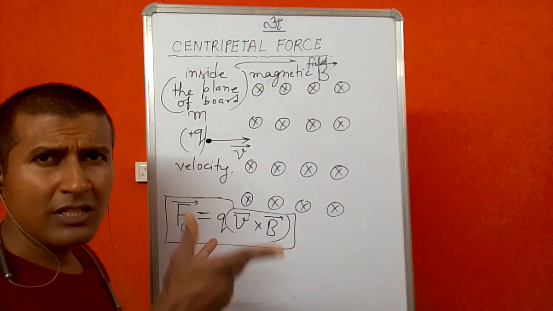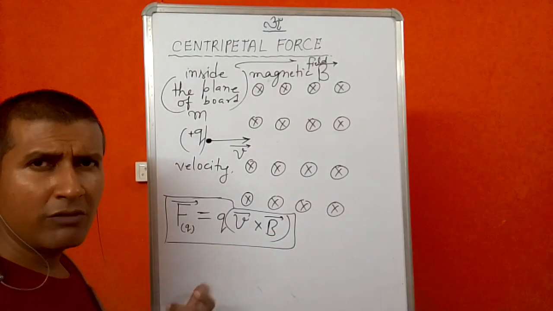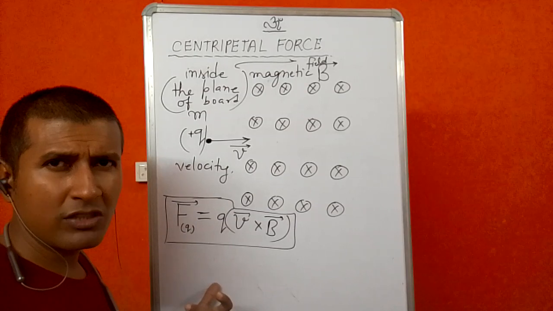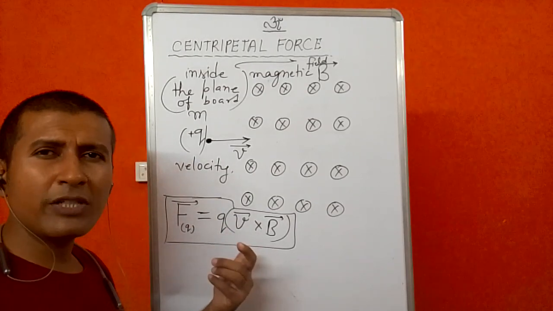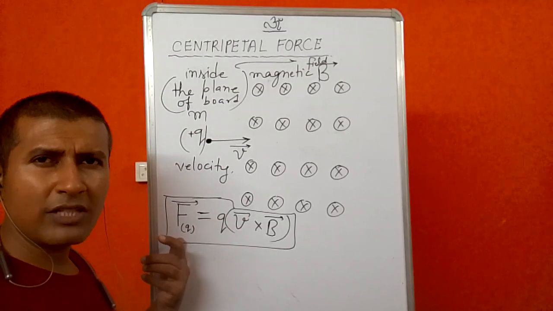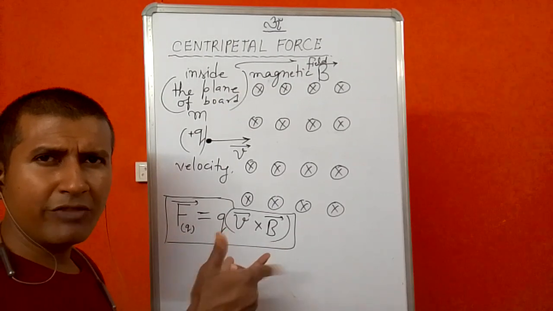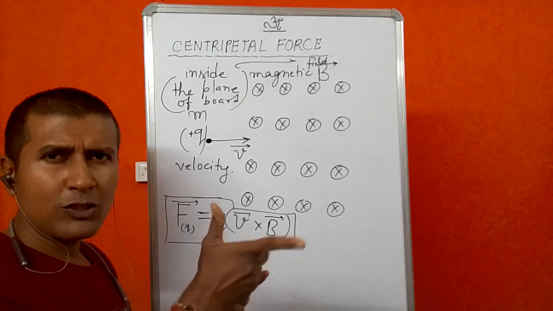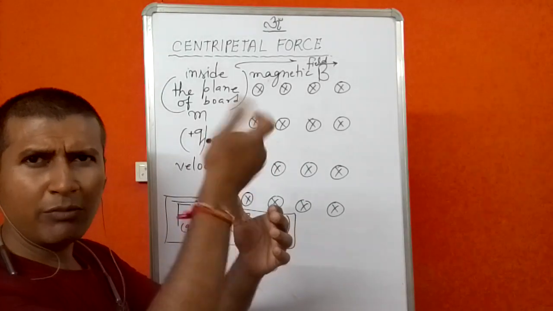and this force is nothing but the magnetic force applied on the charge, right? So here the magnetic force F, which was given by Lorentz, we call it the Lorentz force. Lorentz force is q times v cross B, and the direction of force F is the direction of v cross B, right? If you apply the screw law, you need to apply it like this. So the direction will be in the upward direction.